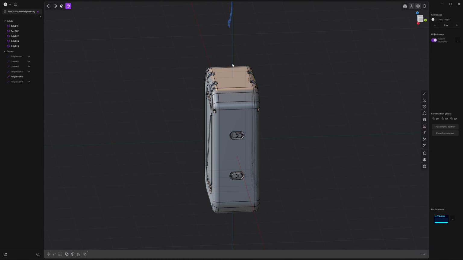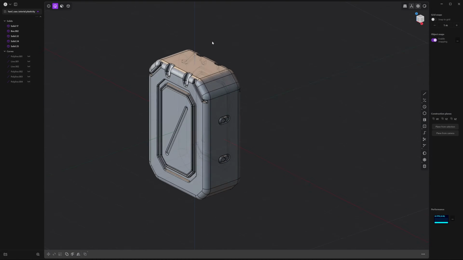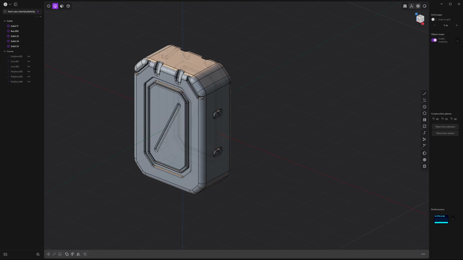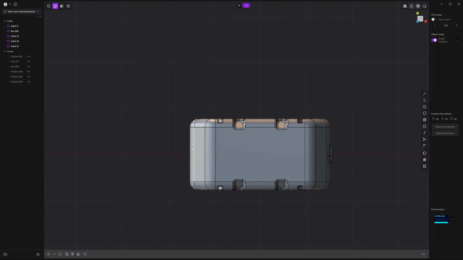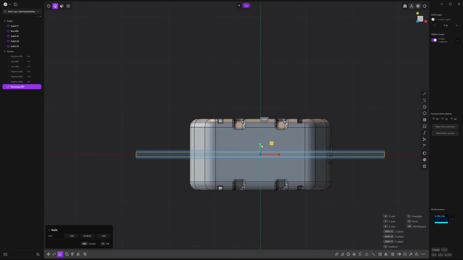Next, we want to create a shape that allows us to open this case. I'm going to hide that curve at the top. So let's go to the top view by pressing the top side of this view cube. And I'm going to create a rectangular curve. So go to your toolbar and choose rectangle. And I'm going to hover over the center. Just going to go outwards like this. Maybe it's too thick, so I'm going to scale it and thin it out.